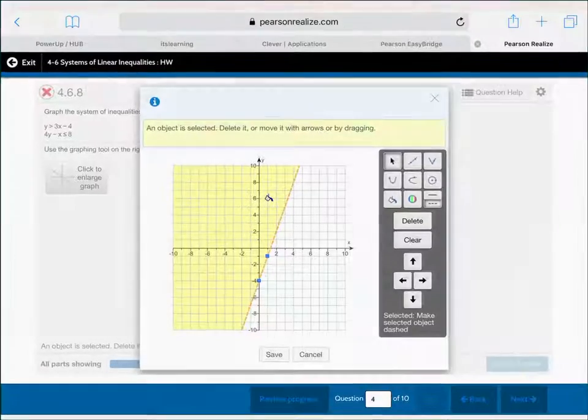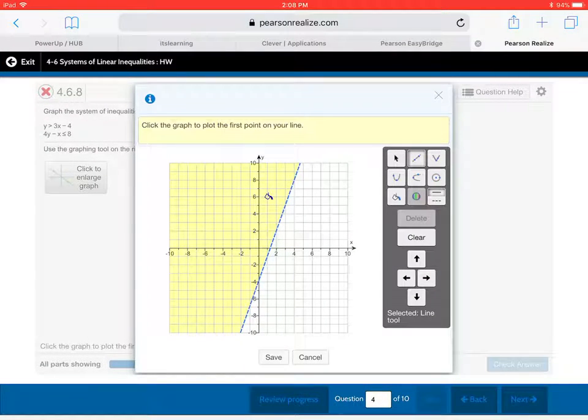So I'm going to go back over to my graph, and I'm going to click my line tool again. I'm going to go to positive 2, and my slope is positive. So I'm going to go up 1, then right 1, 2, 3, 4. Okay. Now here's where it gets a little tricky. This is where some of the mistakes may come into play. My line needs to be solid, and I would shade